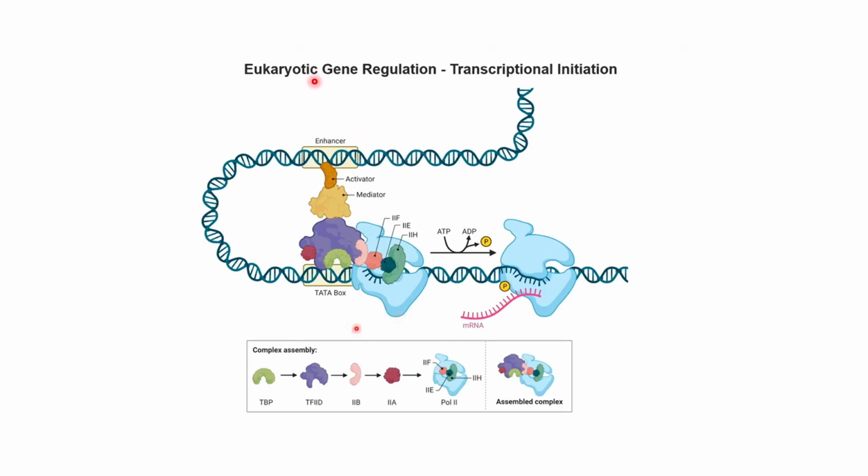So when you talk about eukaryotic gene regulation, the transcription initiation, you have various factors present during the initiation process. There are transcription factors, 2F, 2E, 2H, and various other activators and mediators. Activators bind to the enhancer element, and mediators are the proteins which bridge the activator with the transcription